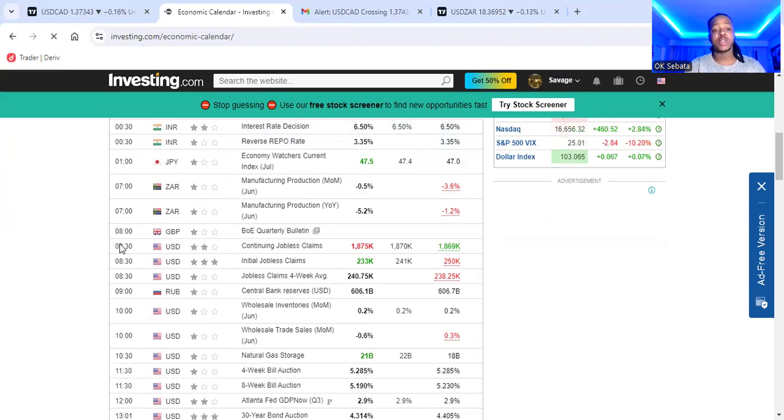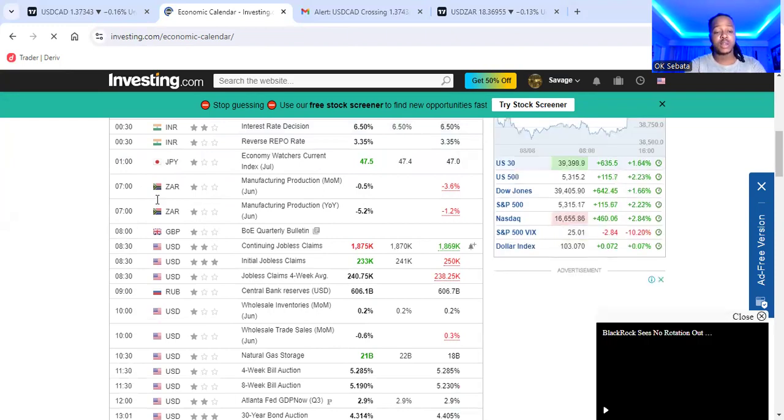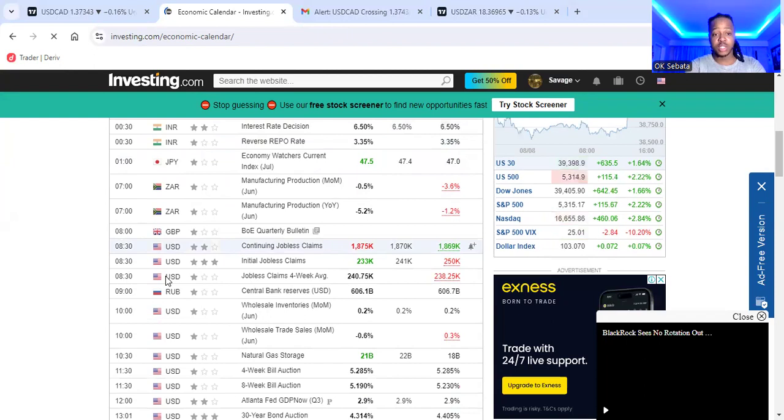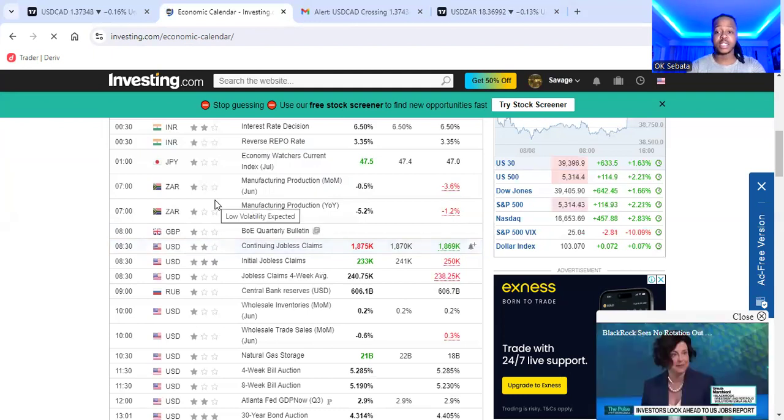These are the times when these news are being released. And then when you go further to your right, you're going to see the currency or the pair or the country that this result is dedicated to. And on the next column, you're going to see the range, which technically tells you how volatile that result is going to be. So you're always looking for 3 stars, because 3 stars basically means that it's an impactful result,